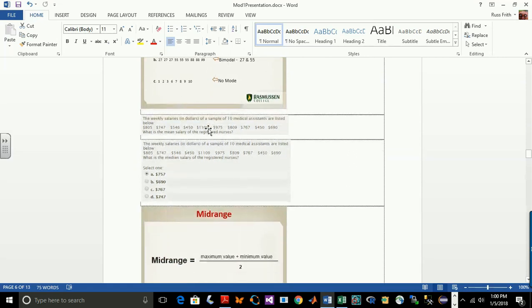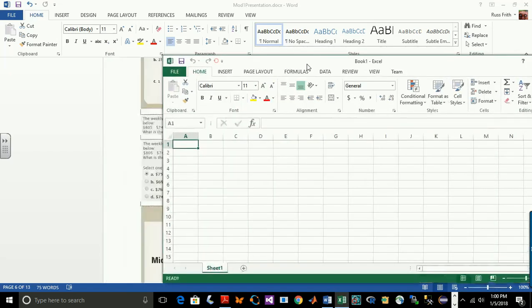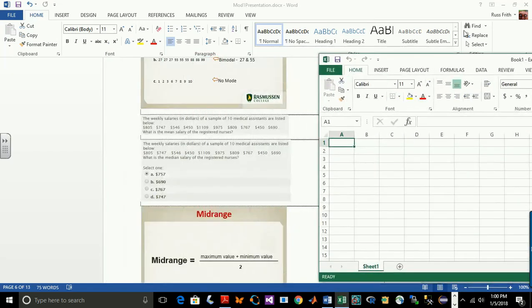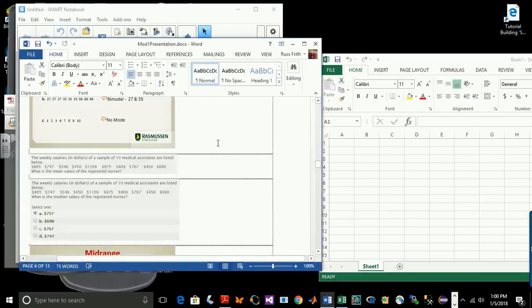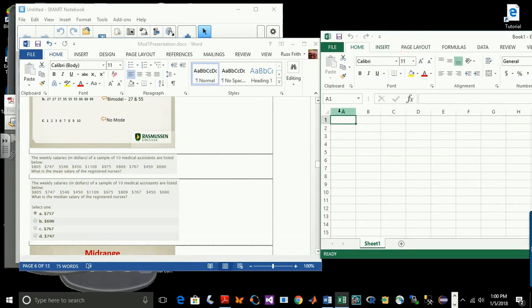So let's do some examples. The weekly salaries in dollars of a sample of 10 medical assistants are listed below. What is the mean salary? Okay, so we can use Excel to do this. In my Excel, I will go ahead and enter the data. So we have